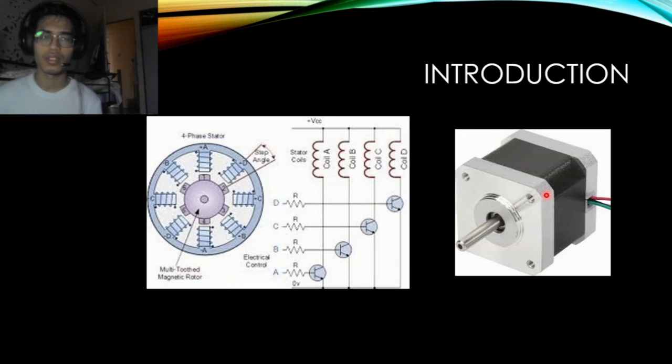The stepper motor is a brushless motor, and we can see here, there is no brush, and it has an electromagnet here, and a magnet here. The stepper motor is a brushless synchronous electronic motor that transforms a digital pulse into a mechanical rotation of the shaft. So this rotor